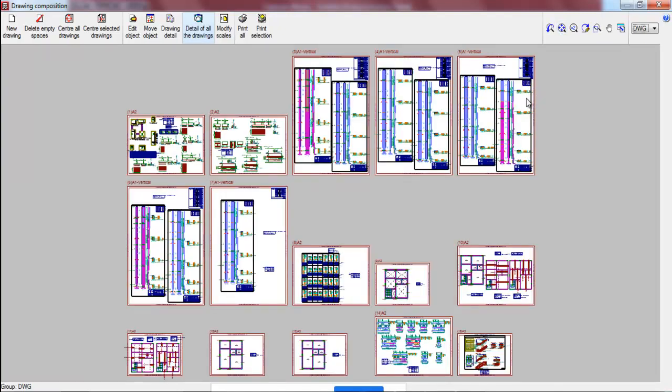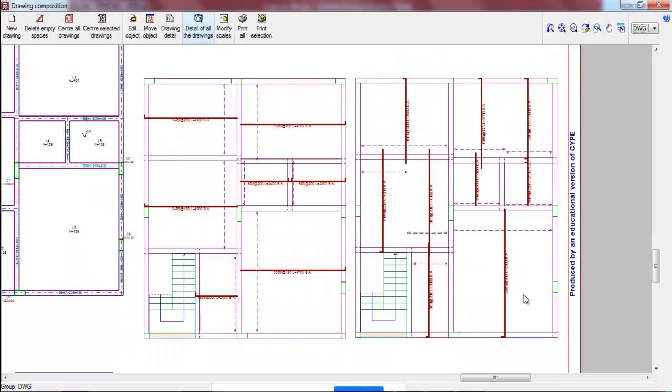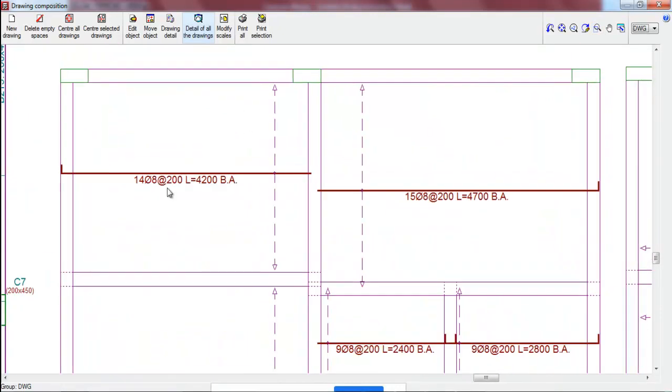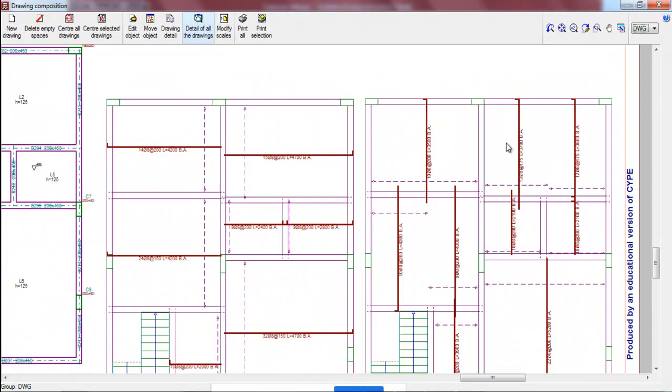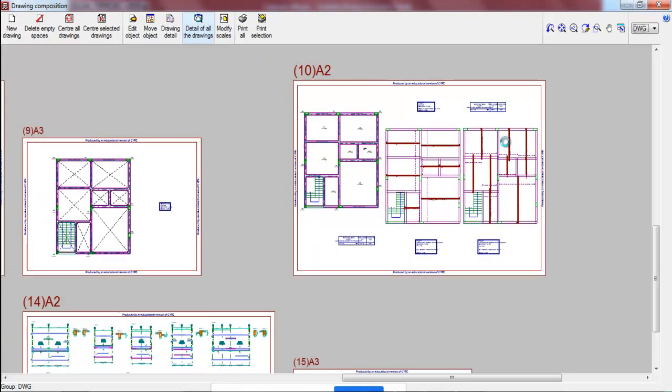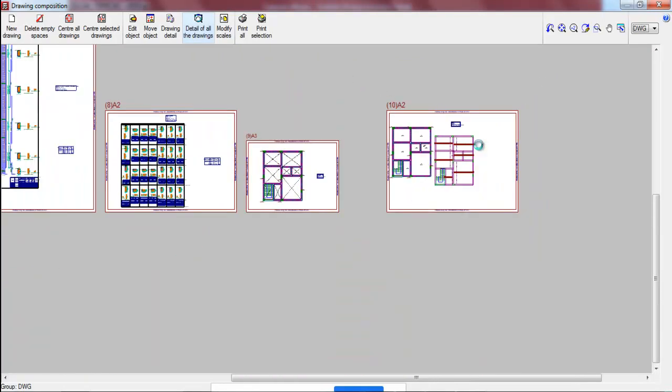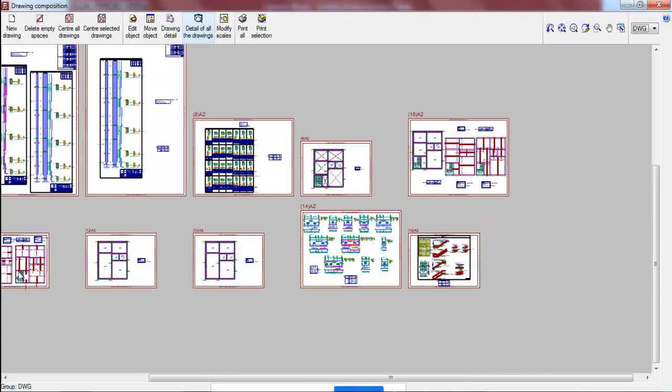There is slab reinforcement also. Here you can see the slab reinforcement: bottom reinforcement in x direction, bottom reinforcement in y direction, and there is a top reinforcement here. Where is that? Here.